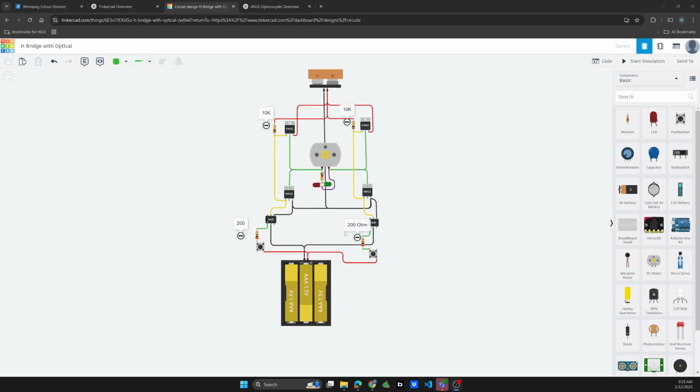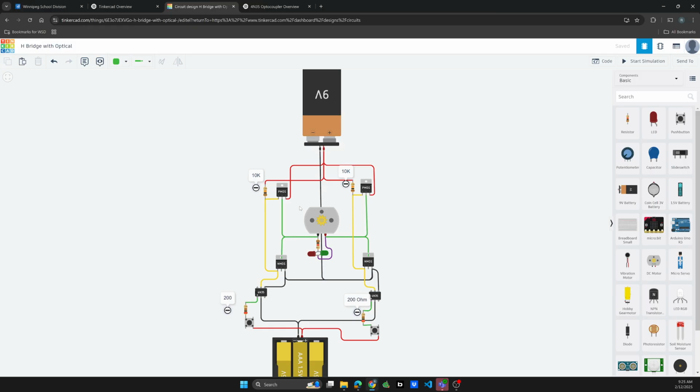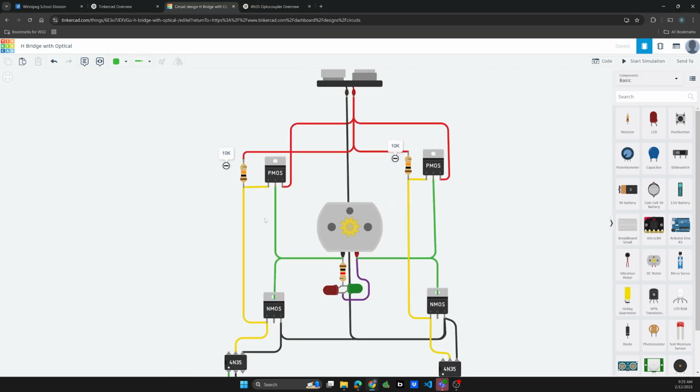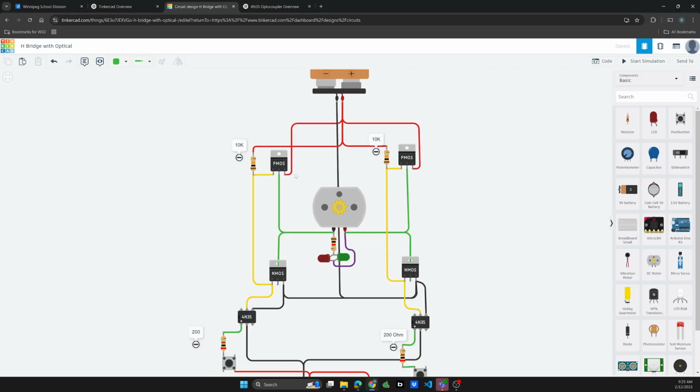Okay, so this video is taking a look at an H bridge. The difference from the previous one is that I'm using the P MOSFETs at the top, so those are always on, and then they're going to be turned off because the gates, if you take a look at the gates, are tied together. So if the voltage here goes high, then it's going to turn on the N MOSFET